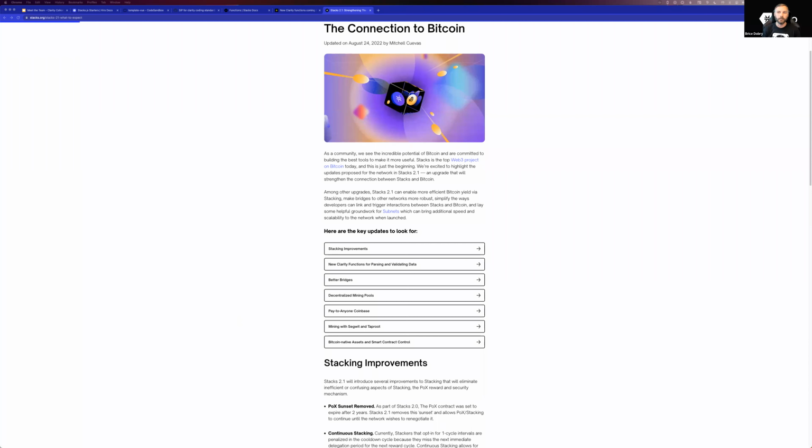It's not a built-in functionality of the network at this point, but there are a couple of different solutions in progress. The current state, even before 2.1, is that you can read from the Bitcoin network, no problem. And the Clarity 2 functions make it a bit easier to implement that reading and decoding